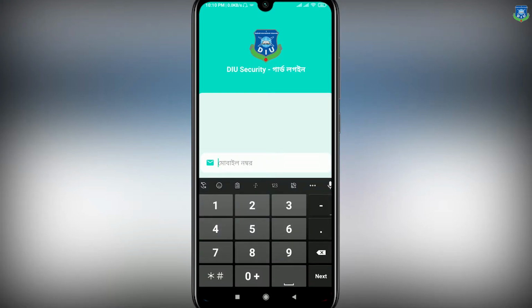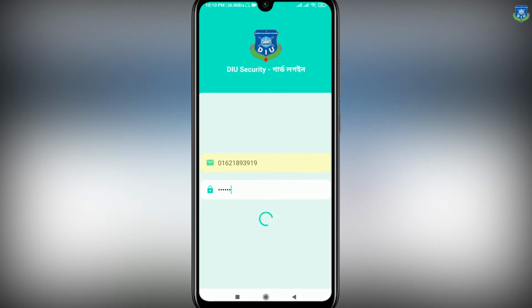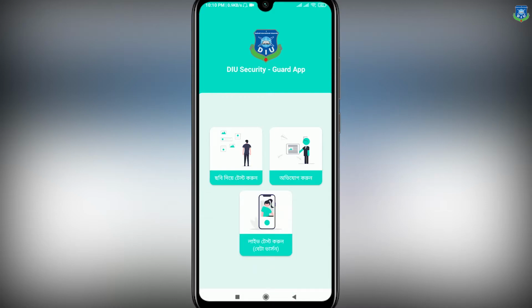So we already created an account. Using that account we will log in to our app. So I am now logging in. Click on login, and we will automatically log in if we give the proper information. If we give the proper information, we will get this home screen.